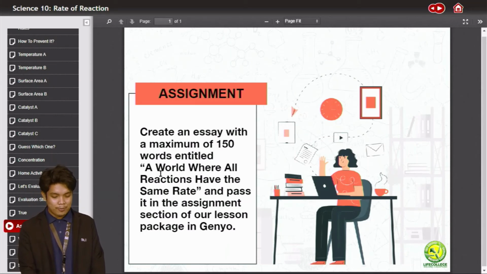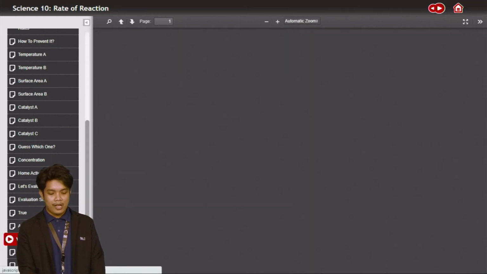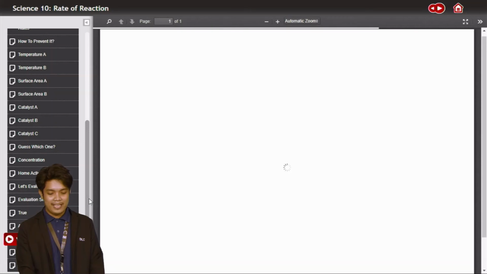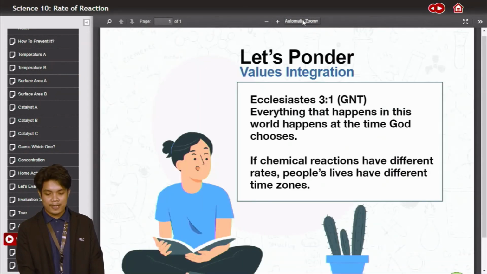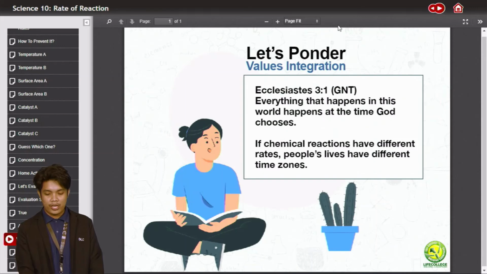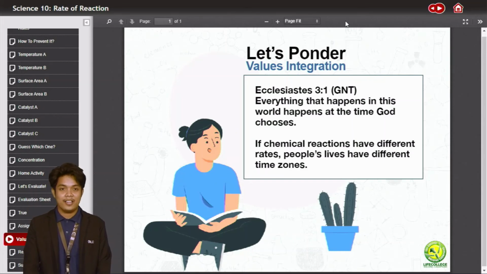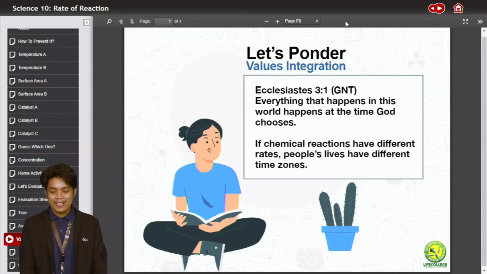Last one before we end, guys, let's ponder our values integration. I leave you the verse Ecclesiastes 3:1 of our GNT version: Everything that happens in this world happens at the time God chooses. If we process it, if chemical reactions have different rates, people's lives have different time zones. When I say time zones, most people